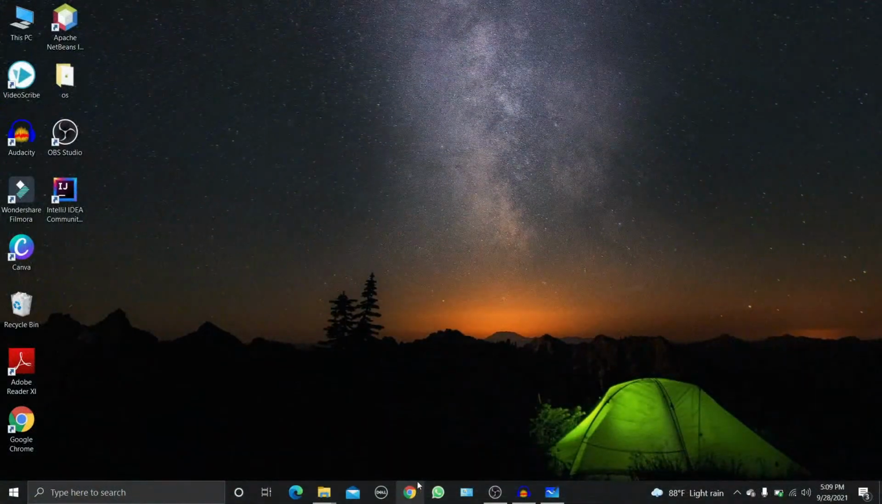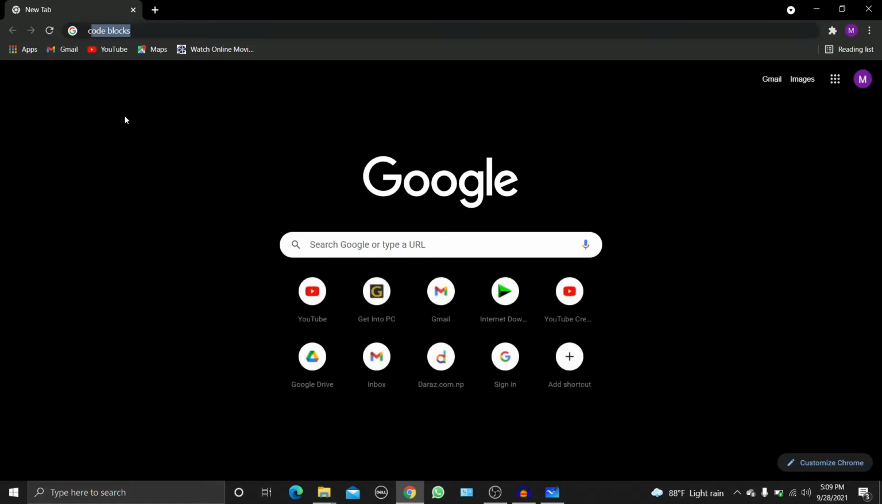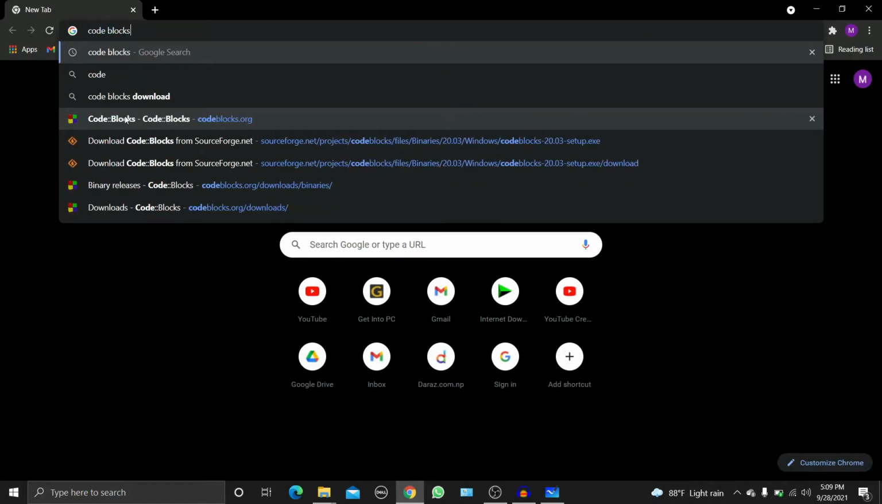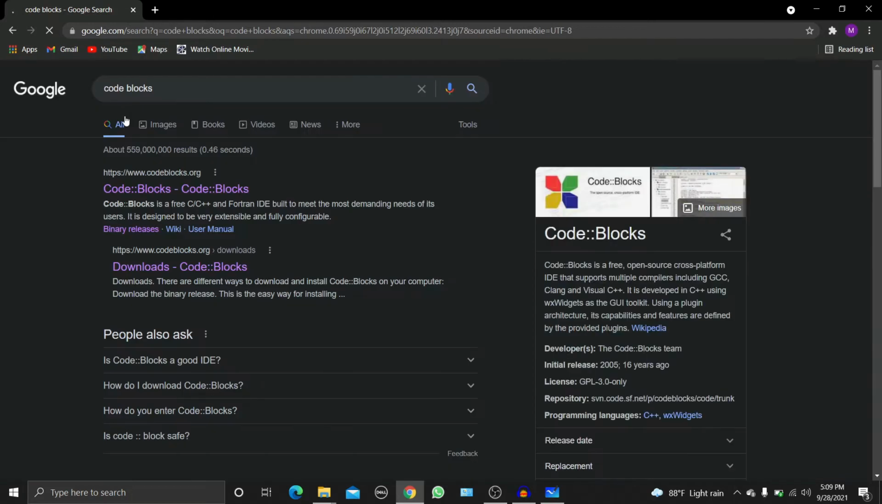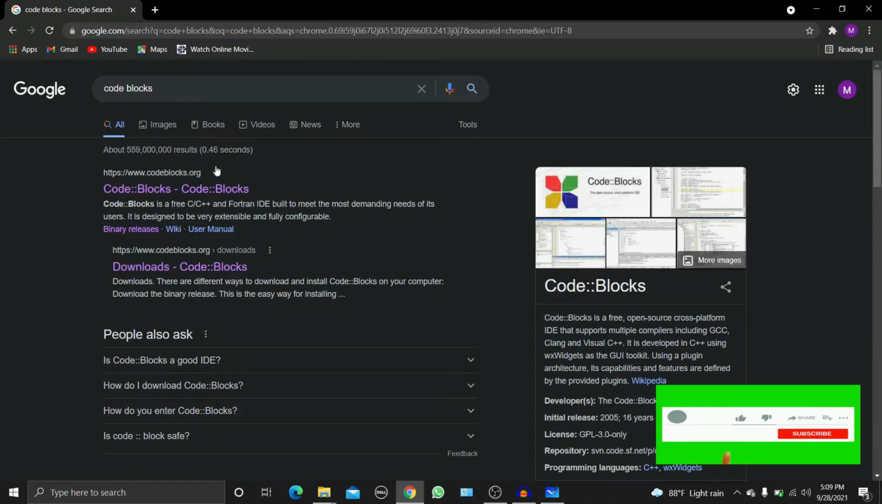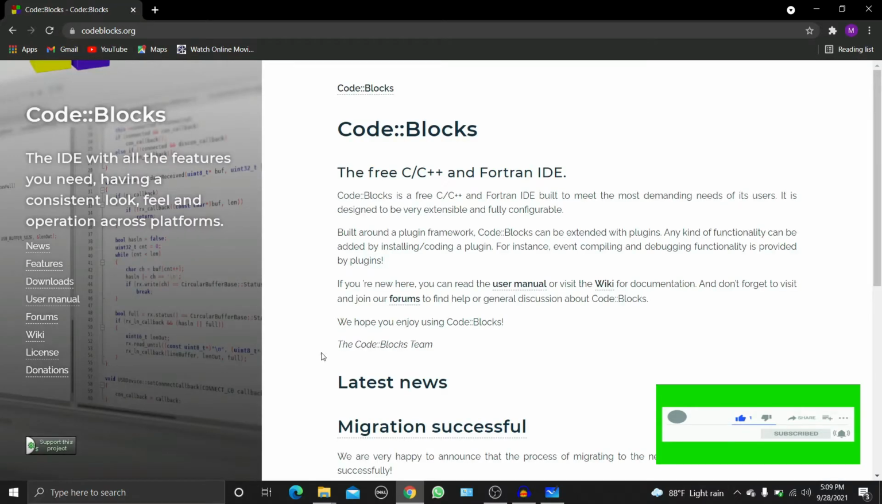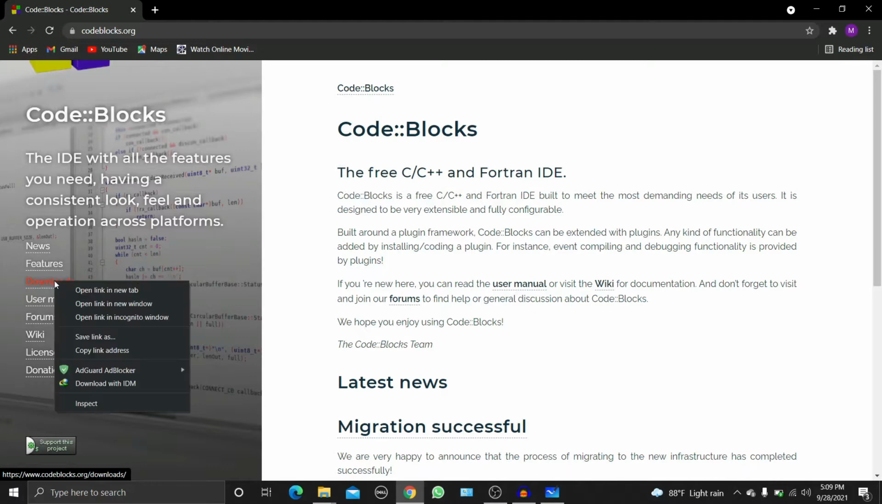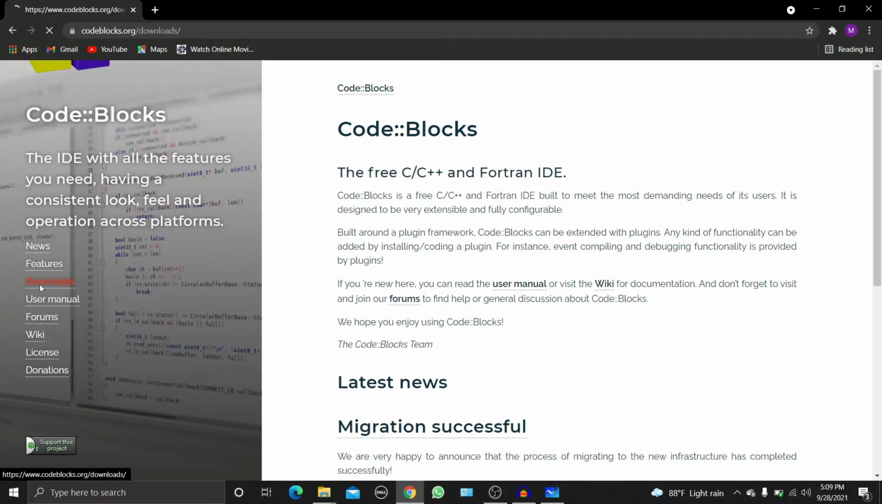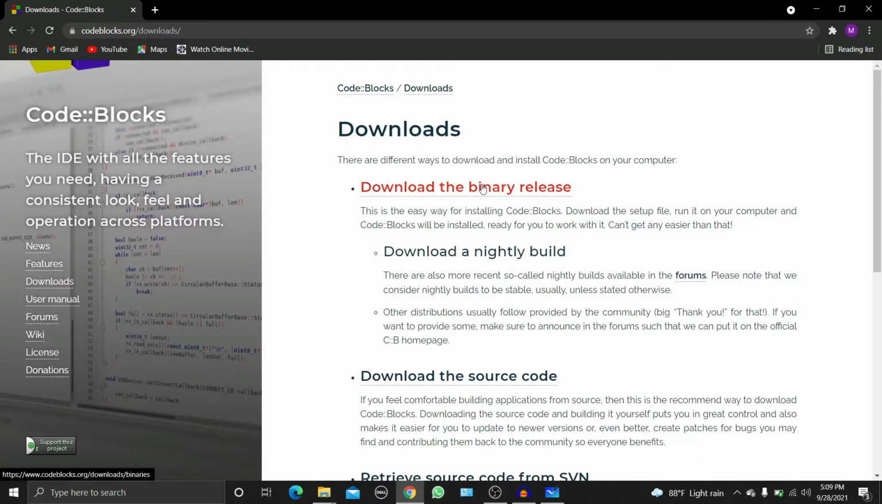First of all, we need to download an editor for C programming or C++. We'll just open Google Chrome and I will just type here Code::Blocks, but you can use any editor, either Code::Blocks, Dev-C++, or Turbo C++, but I suggest you use Code::Blocks. Just click on the first link and at the left side click on downloads and just click here and download